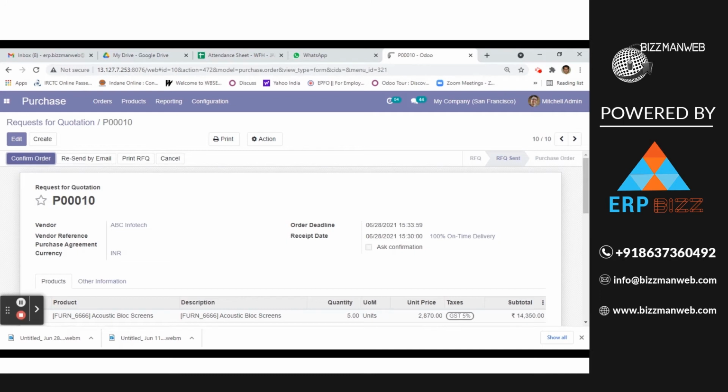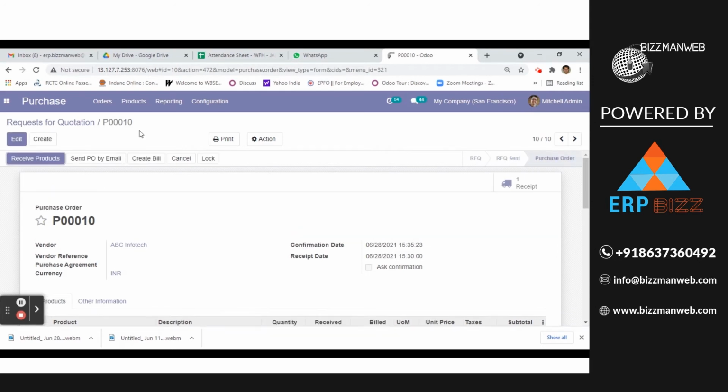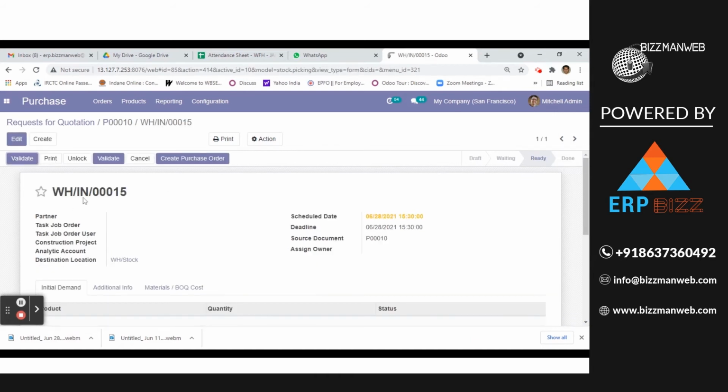Now you can go for the confirmation of the order. Whenever the vendor gives the order confirmation, you can confirm the order, and the purchase order P00110 is created. Okay, so now the order is confirmed from the vendor side. Whenever the vendor delivers the product, you can receive the product from your side. Whenever you receive the product in your premises, that is, in your in-house warehouse stock,